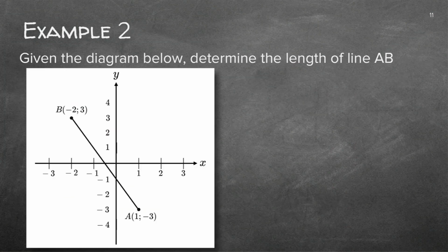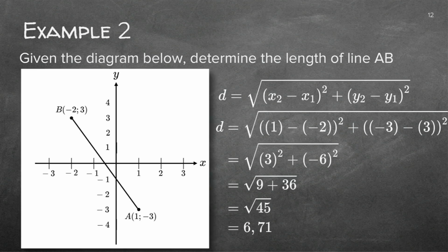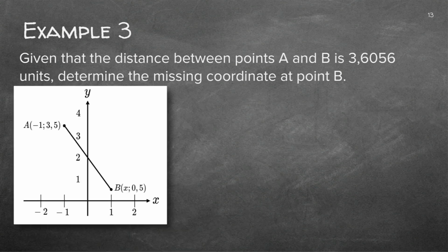Good. Now, example 2 is very much the same. The sketch is already drawn for you in this case, so they didn't give you the coordinates, they just gave you the sketch. So you find the coordinates on the sketch. Just remember, before you even start, to go and pick which one is going to be your x1, y1, which one is going to be your x2, y2. So I'm going to give you time to do this all on your own. And after you've done it, you can check the answer and you will see if you're right or wrong because it's very much the same as the previous one.